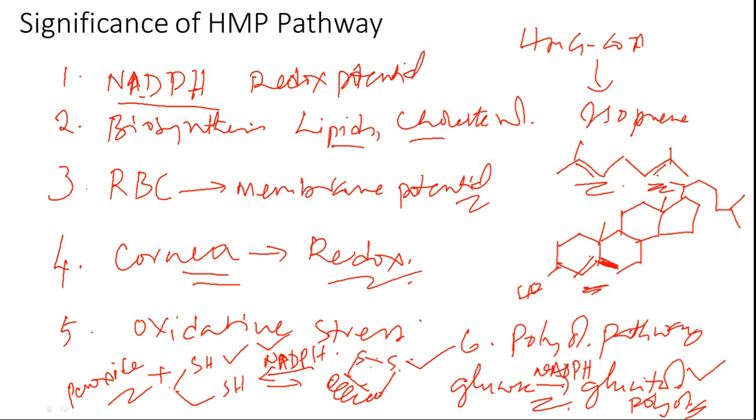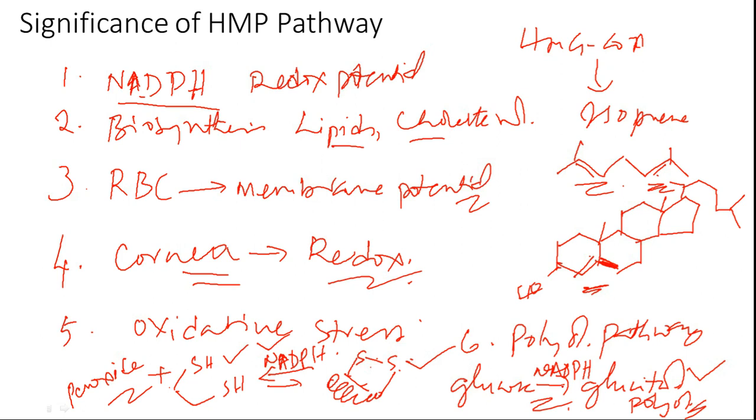So friends, this is the way how HMP pathway plays a very important role in the maintenance of our health and functioning of various tissues in our body. I hope you understood the concept of HMP pathway, whose objective ultimately is to provide NADPH to our system. And in this pathway, in the three stages, in the first stage we will have a production of NADPH, and then the waste material whatever we have like ribulose phosphate is, because in our body energy is conserved. Okay, material conservation will also be there.